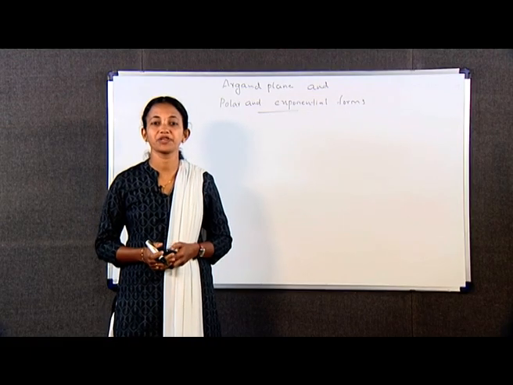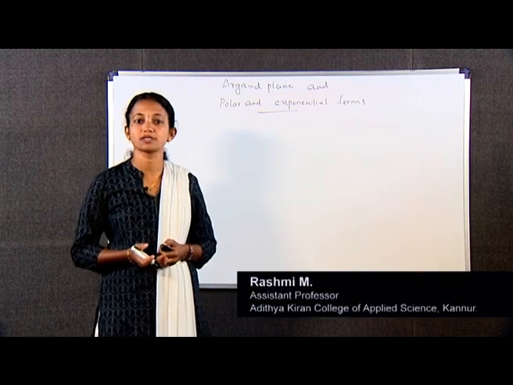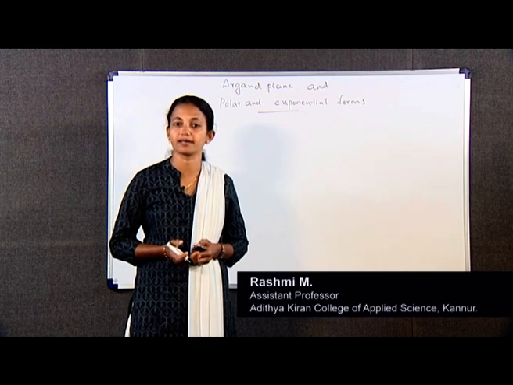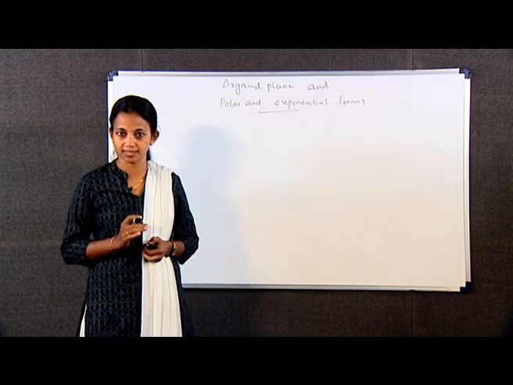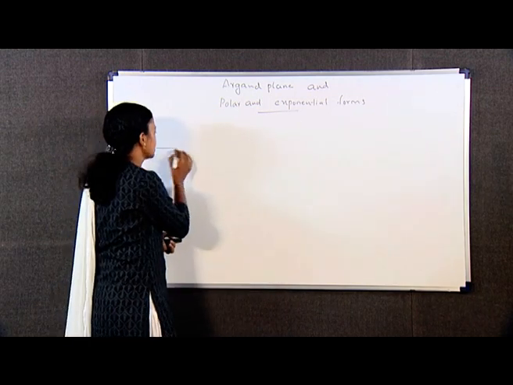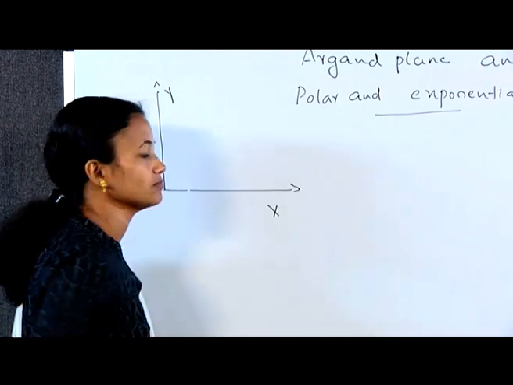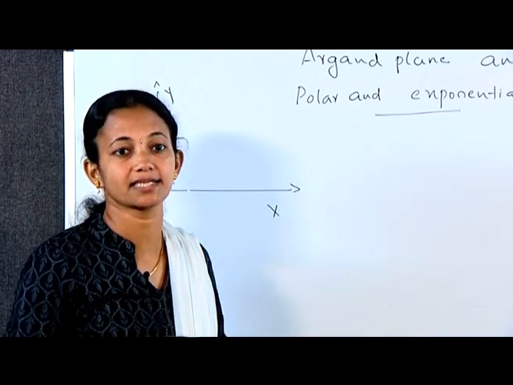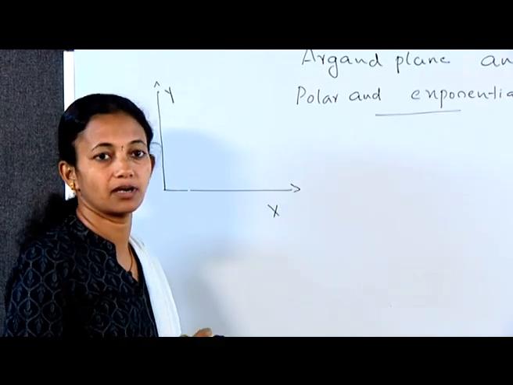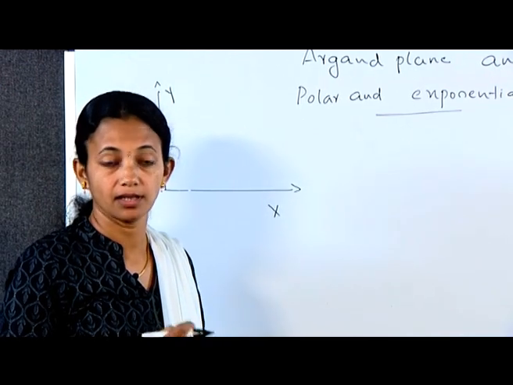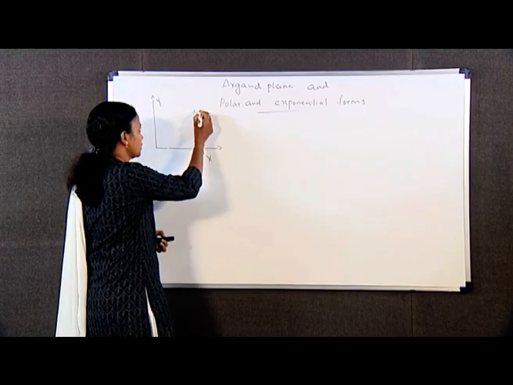Hi friends, in the previous session we have observed that complex numbers can be represented as points in the complex plane, that is also called Argand plane. For this purpose, we choose two mutually perpendicular coordinate axes, the horizontal x axis and the vertical y axis, called the real axis and the imaginary axis respectively. To the complex number z is equal to x plus iy, there corresponds the point P with the Cartesian coordinates xy. That is, here we have